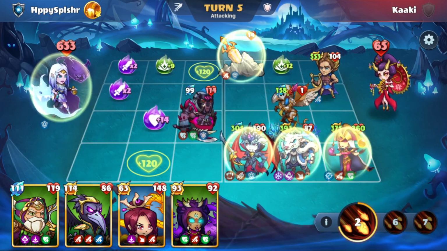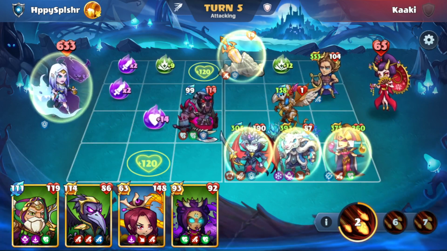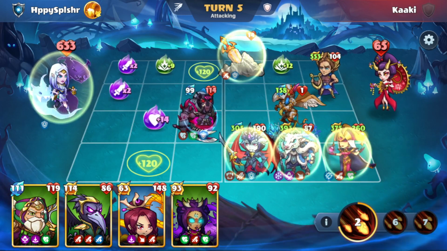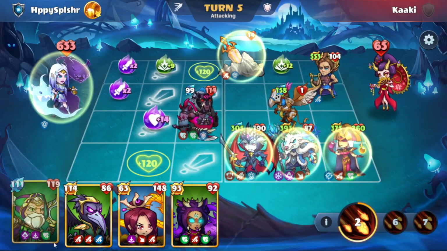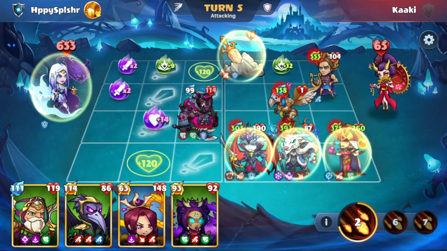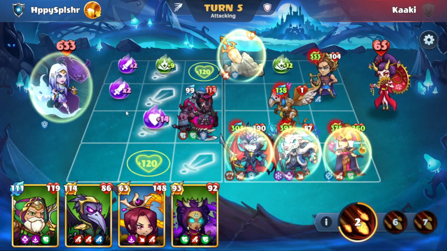Okay, let's see. What do you think over that? Okay, we don't have anything to clear this out. That's the problem. We do need to also survive for 2 more turns. Let's go with, this Griffius here has some flight. It's blocking our Mr. Flap. We're gonna take the chance that we can actually, let's see, block there. We'll go with the,